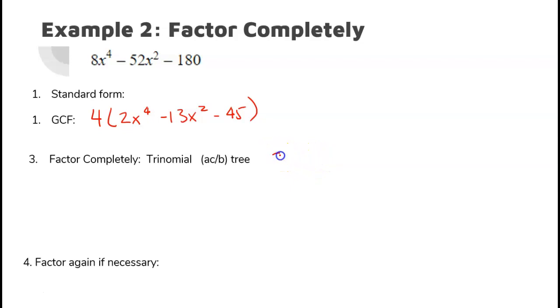So I'm looking for 2 times negative 45, and that equals negative 90. And I'm looking for the factors of negative 90 that add to negative 13. I know that negative 18 times 5 is negative 90, and they add together to equal negative 13. So those are the two terms I'm going to use. I'm just going to rewrite my expression here. 2x to the 4th minus 18x squared. Remember to keep your x squared because it needs to add back up into your middle term. Plus 5x squared